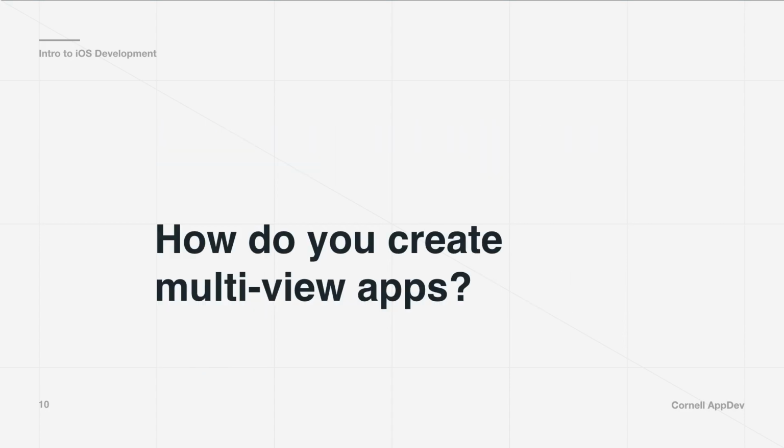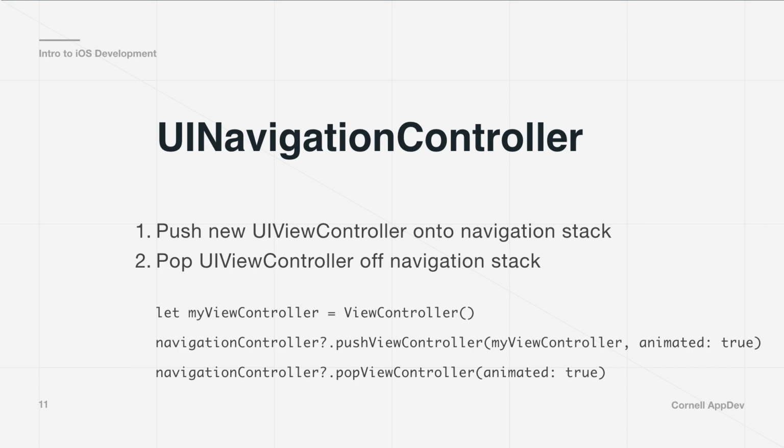Great. Okay, so now let's move on to how do we actually create multi-view apps. Right now we've only dealt with putting buttons and labels and text views on our one screen. But there's actually 2 ways of presenting and displaying new view controllers. The first way is using something called a UINavigationController. Basically you have a navigation stack. Your root view controller is the one that's first presented to you when you open the app. And then you can use your navigation controller to push new view controllers in front of your current view controller,